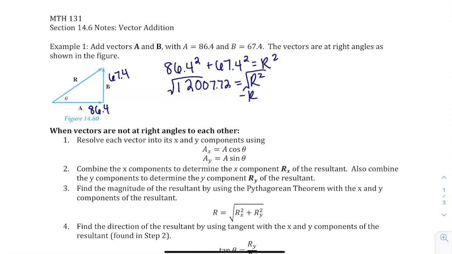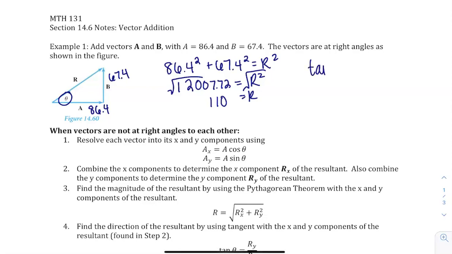To find r, we need to take the square root, and we see that this is about 110 if we round it to the nearest whole number. So we can get our sum when the vectors are at 90-degree angles to each other by looking at the Pythagorean theorem. We can also get the angle of this from a right triangle because this angle here is going to